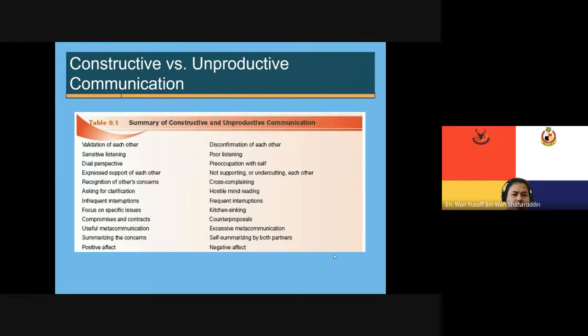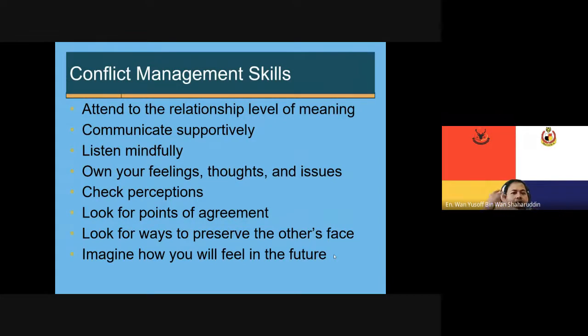Right, you can read this on your own later. All right. So how do you deal with conflict in terms of skills? All right. So you attend to the relationship level, meaning that in dealing with conflicts you need to know that you are currently dealing with either IE, IU, or IDAO kind of communication. So usually you're going to be involved in IU and also IDAO communication, and especially when you are involved in IDAO communication, this person matters to you. You have a very good relationship with this particular person.